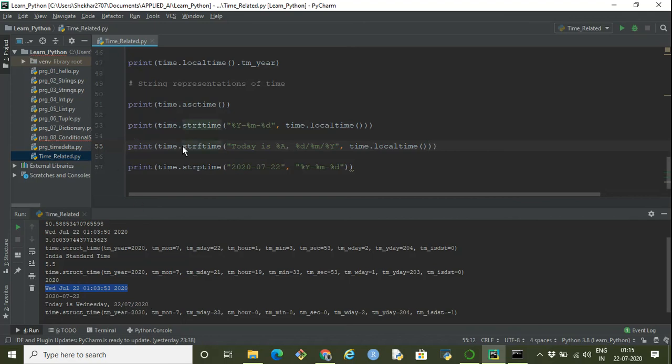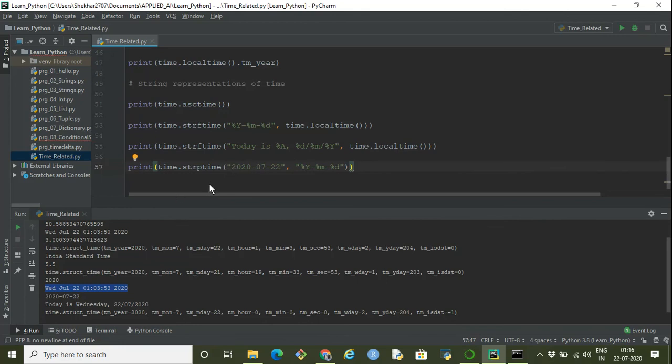So if the requirement is to display the current time or some other time in any specific string format, in a presentable format, then we can do it using time.strftime. The inverse of it is time.strptime. What it does is convert the string formatted time into the actual structured time, the struct format.